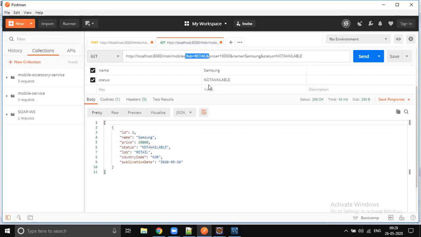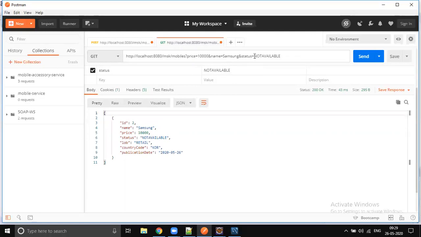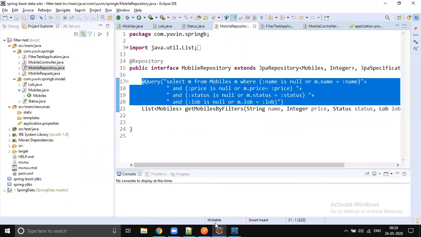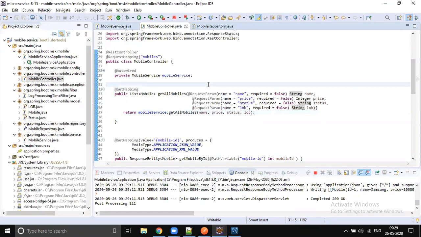Okay. So let's do a filter like price 10,000, Samsung mobiles, 10,000, available products you would like to see, right? So all these three filters will be applied. I think only one record. Okay, so like this we can implement filters, and it's going to be one method which takes care of all the multiple combinations. If you send the param filter, it will apply. If you don't send the filter, it won't apply.